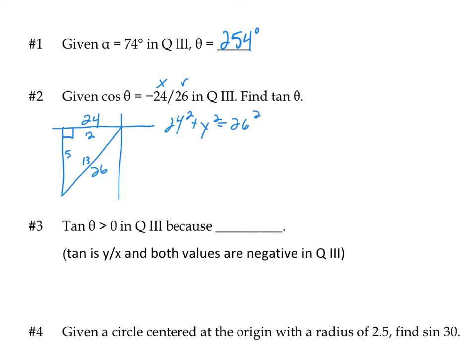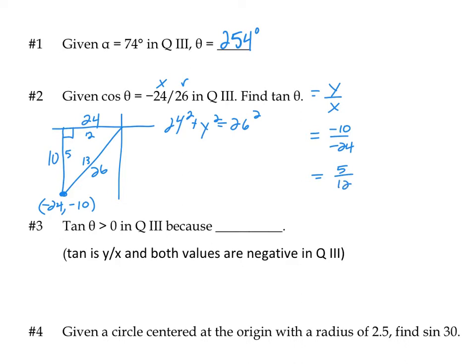X squared plus y squared equals r squared. And it's a 5, 12, 13, all multiples of 2. So this would be a side of 10, which this point then is negative 24 comma negative 10. We want to keep that in mind, right? That they're negatives because they're both in quadrant 3. Tangent is y over x. So in this case, the y value negative 10 over x value negative 24, and that would reduce to 5